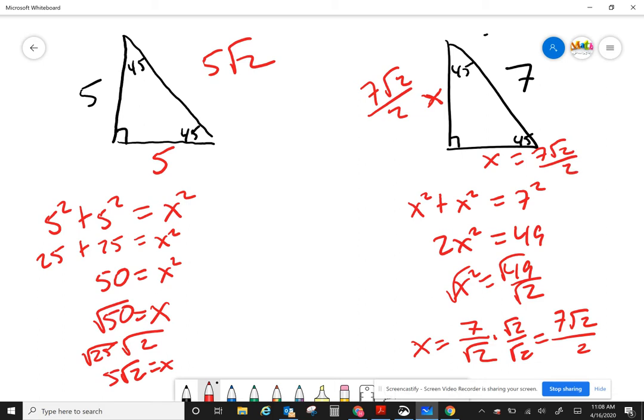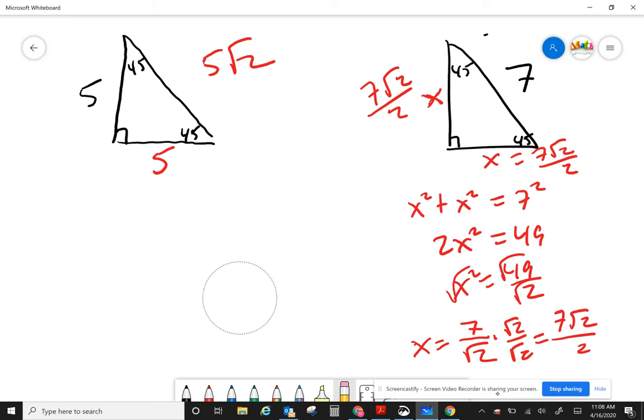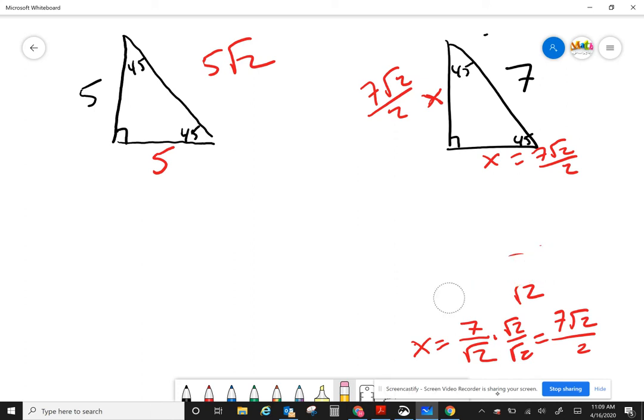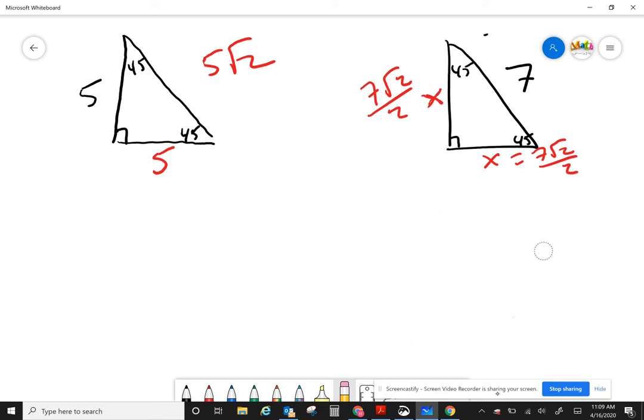Now you guys might be thinking, do I have to always use Pythagorean theorem? And no, there's actually a shortcut. That's why we call this a special right triangle, because it has a shortcut. It has an easy way to work this. Now, if you notice, when I give you guys the side,